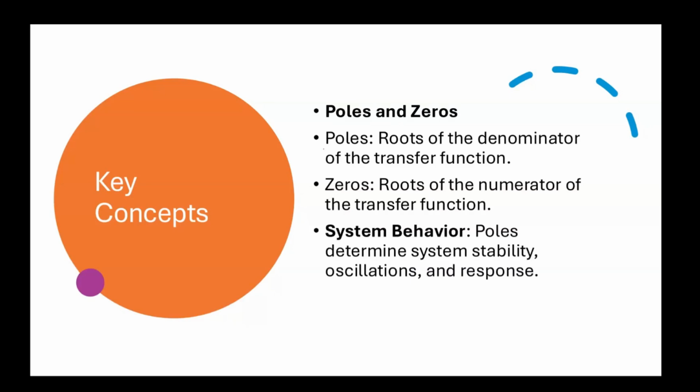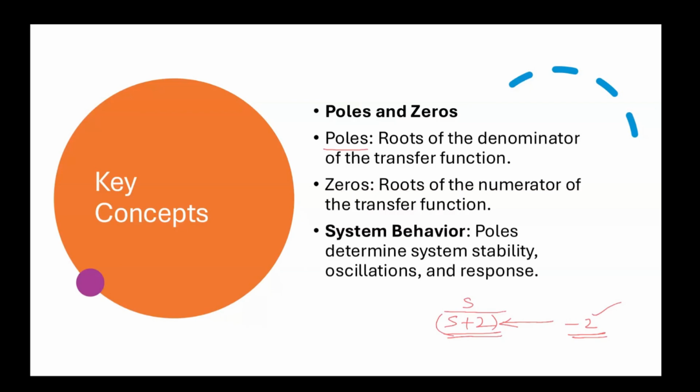The poles of the system are the roots of the denominator of the transfer function. Suppose you have a transfer function like this. The poles are the roots of the denominator. So here the pole is at -2. Now this pole will be affecting the stability of the system. We will see how we can visualize the stability of the system by analyzing the locations of the poles in